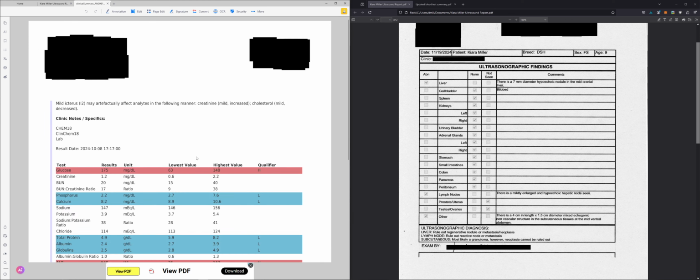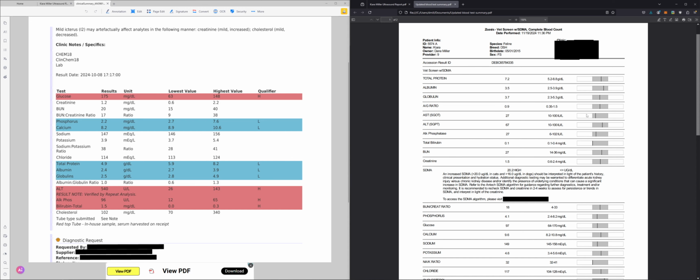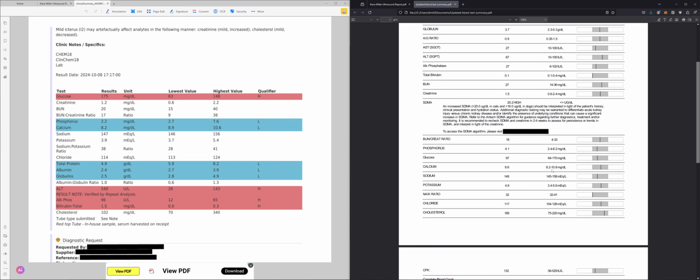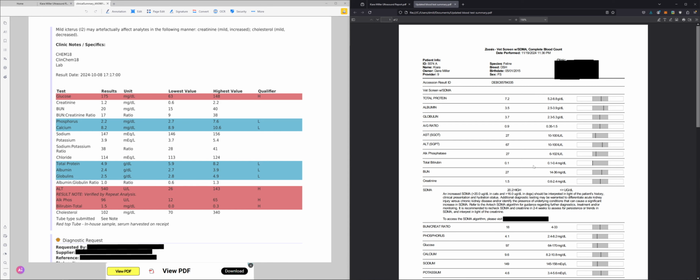But yes, her results are looking absolutely fantastic, because if we go back down to these numbers here and go back to these numbers over here, the fact that everything is back in normal range is a huge plus. We're looking at a pretty good result so far. So with that being said, things are looking up. We're gonna keep on this train and see if we can make sure that it keeps getting better and better,